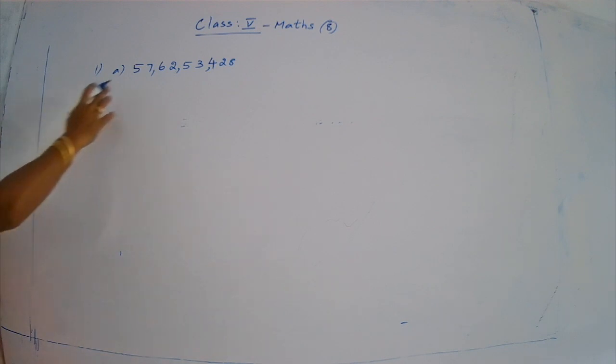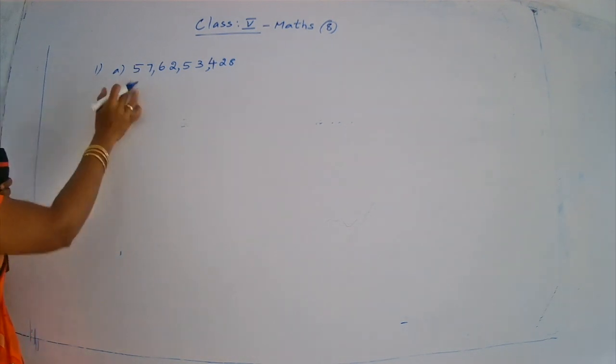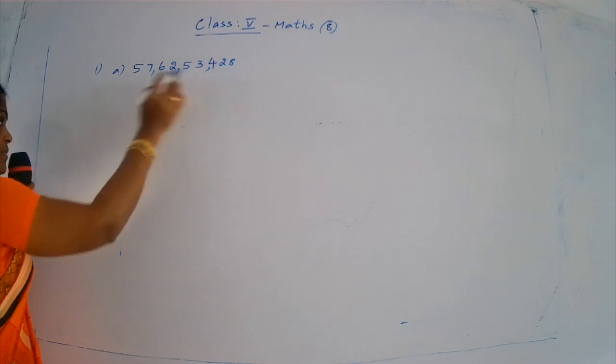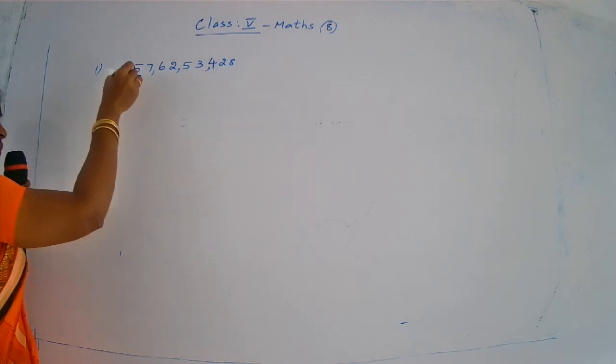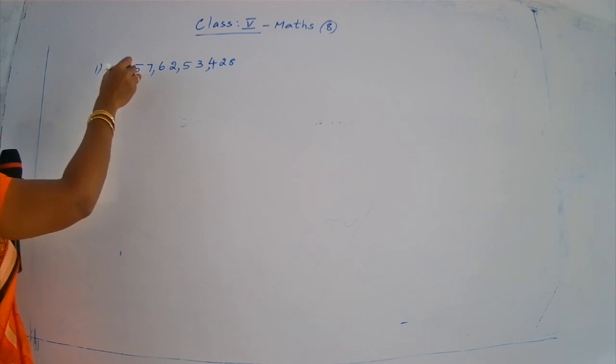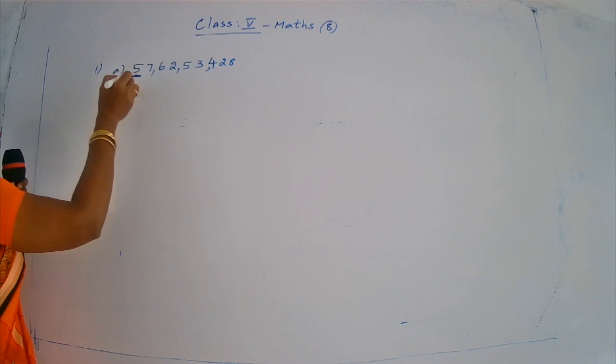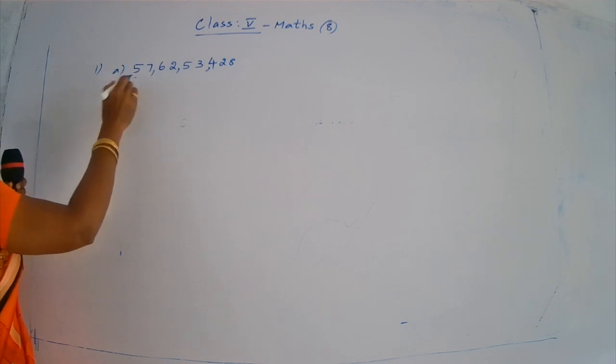Okay. Now you say the place value of this 5. So now you write in expanded form. First of all, you say the place value of each digit. Always go from the bigger number to the smaller number. Okay, children, so you take the first value, 5. What is the place value of 5?